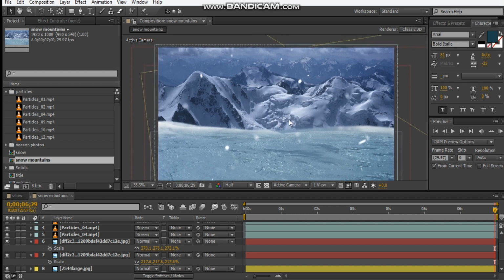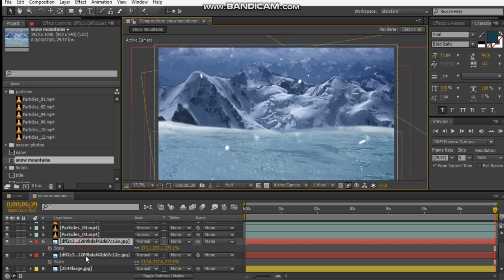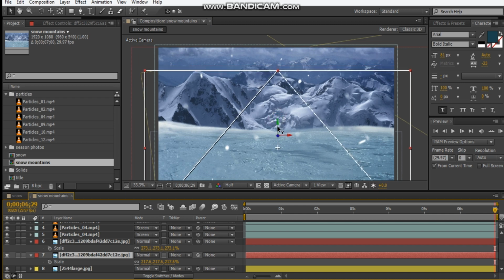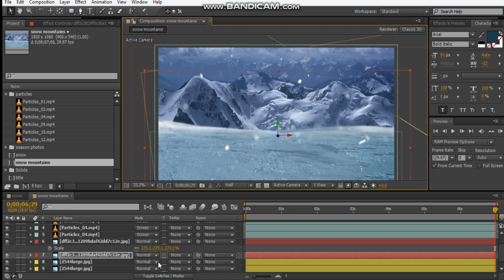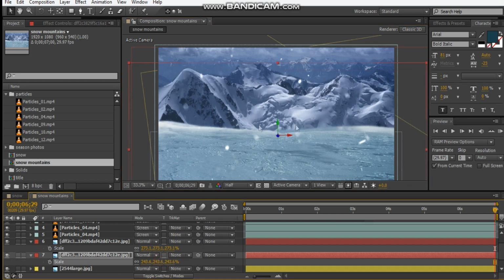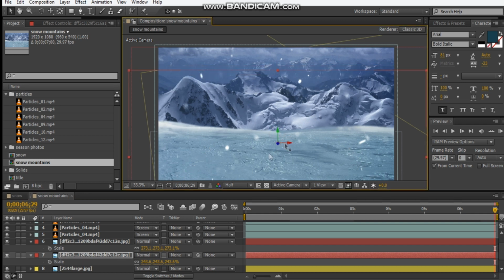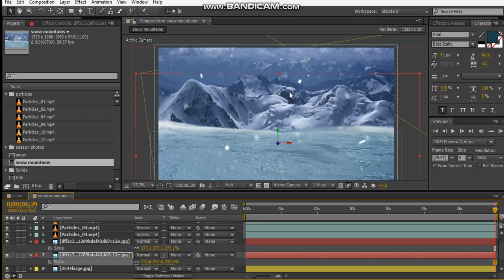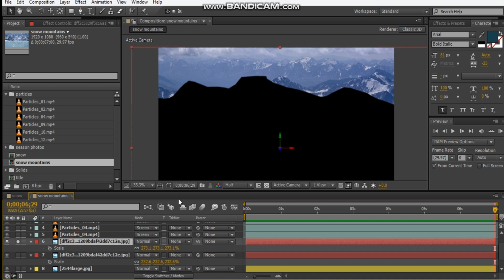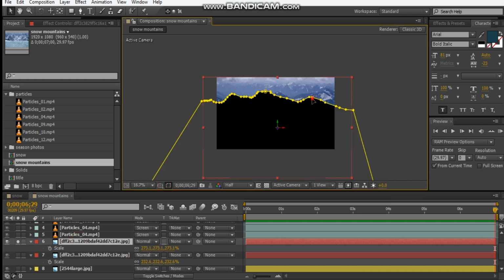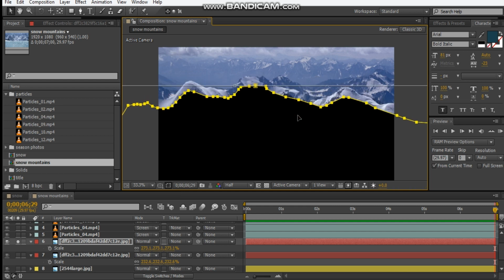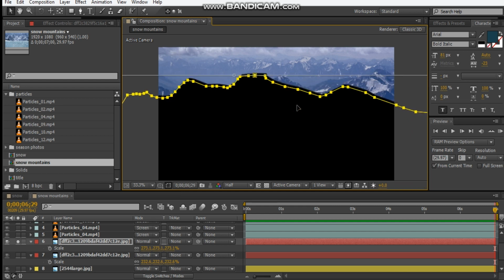So something we can do is maybe adjust our background mountains. So maybe we could slide this down just a little bit and then just scale it up like that. Just want to slide it here. Maybe we could just keep adjusting the scale of our mountains, and then for our mass, we could maybe lower it down a bit like that and